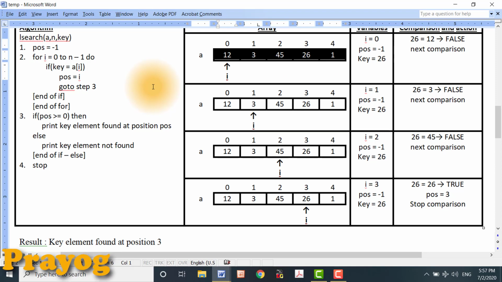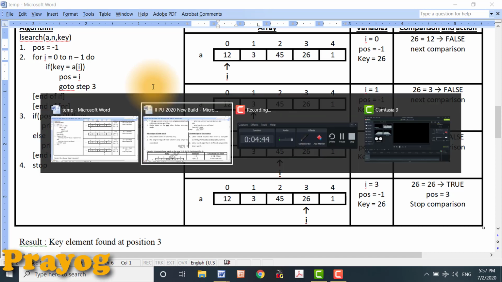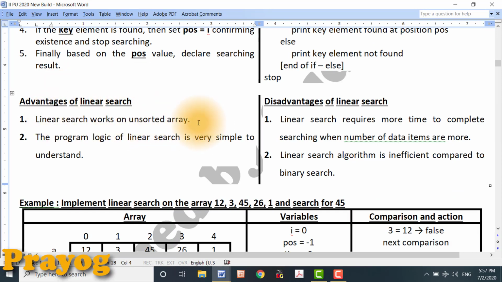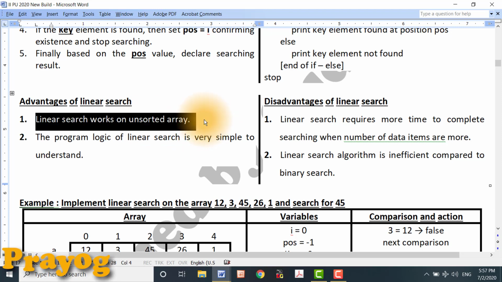Linear search does not consider any of these orders. On any list of values, linear search can work. What is sorting? Sorting is nothing but arranging the given data items either in ascending order or in descending order.